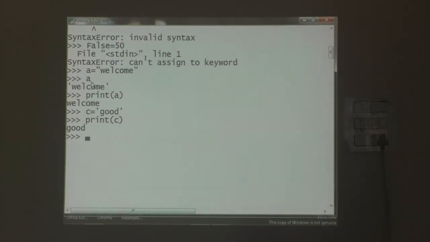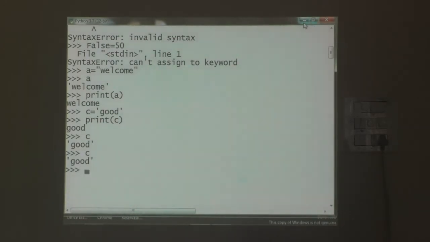Whatever string value was stored in the variable C is displayed, and if we display the value of C once again, the same thing is displayed. Literals are often referred to as constant values; the value does not change during the program run.